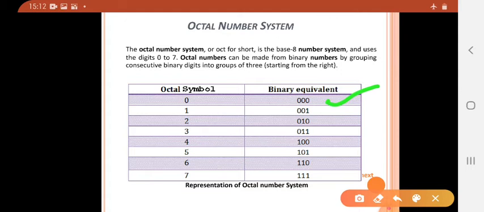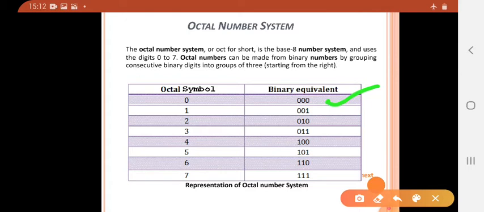So keep in mind, the octal system is also a positional value system, where each octal digit has its own value or weight expressed as a power of 8. The places to the left of the octal point are positive powers of 8, and places to the right are negative powers of 8. We will know more about it further, but see here.